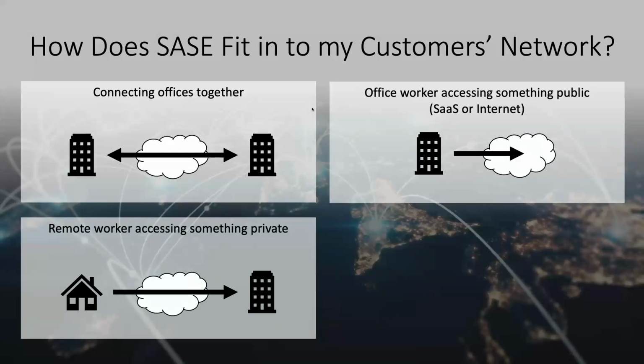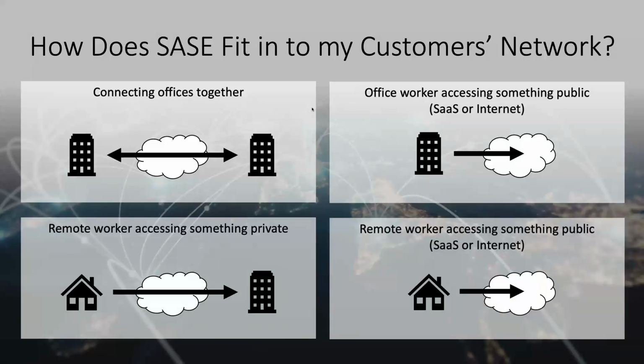And then you've got the other 2 sides of this, right? An external user, somebody working remotely, somebody traveling, hopefully soon, somebody working from home, and they need to access resources that are on the network, right? They're private. They're VPNing into the network to get to on-premises resources, and those could be in a data center. They could be in infrastructure as a service, AWS, Azure, Google, but they're coming into the network to access those.